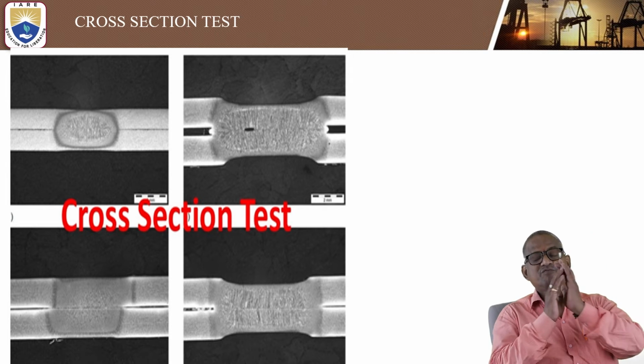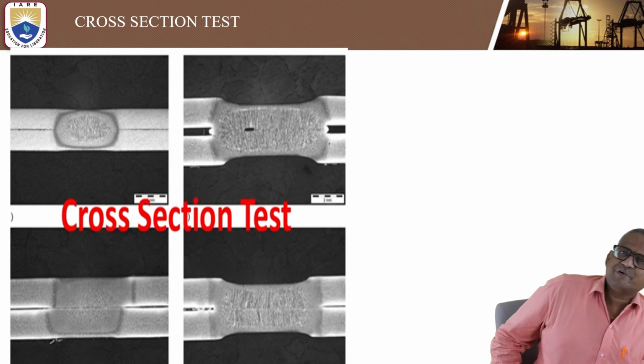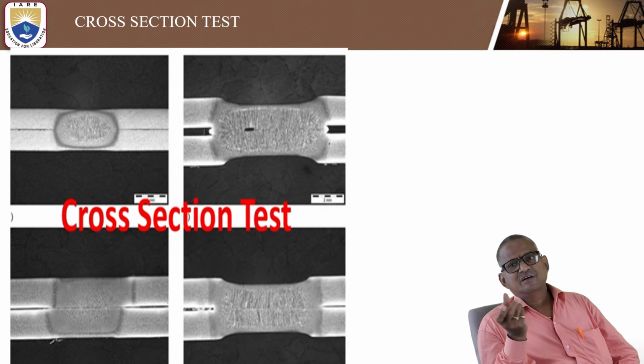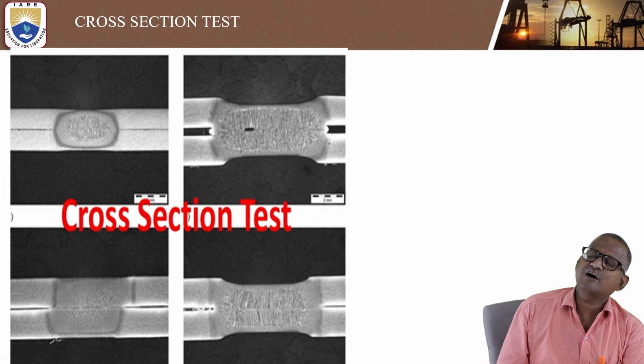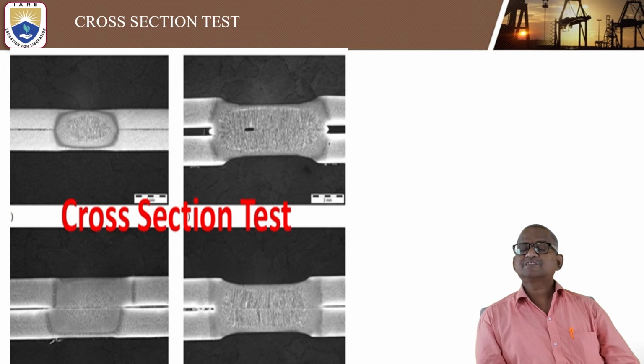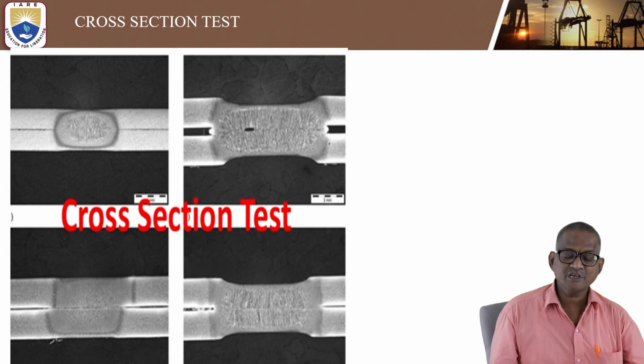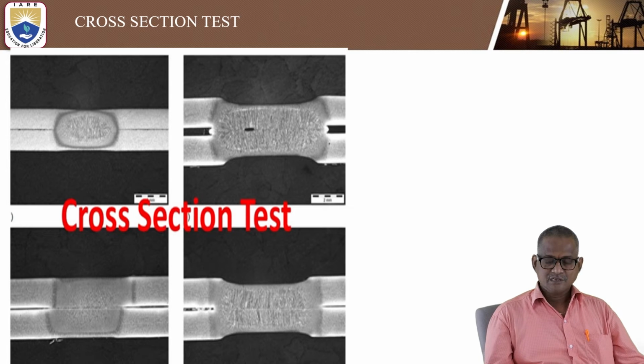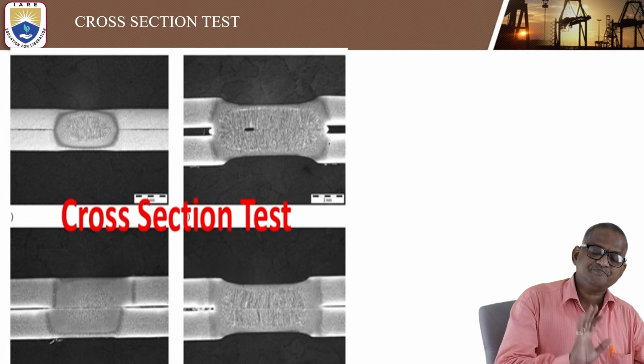So inside that weld specimen, how it will appear, whatever the microstructure and what are the cracks and what are the pits can be obtained, and how you can eliminate these defects properly in time. Okay, so that is why the cross section test also comes under